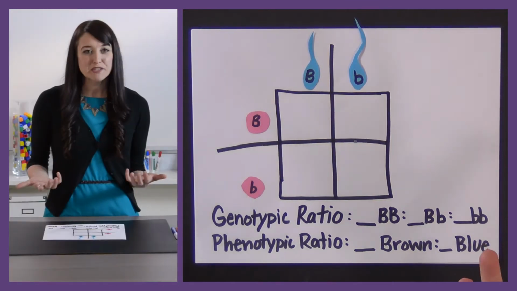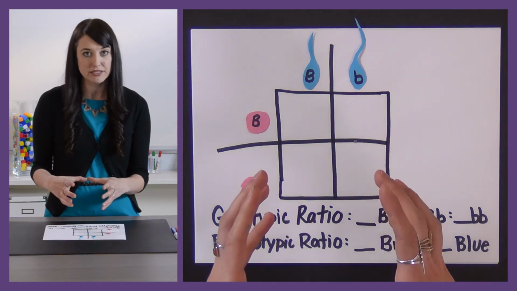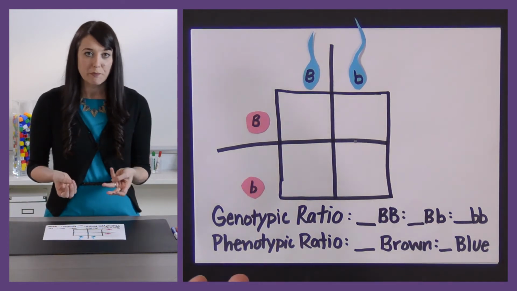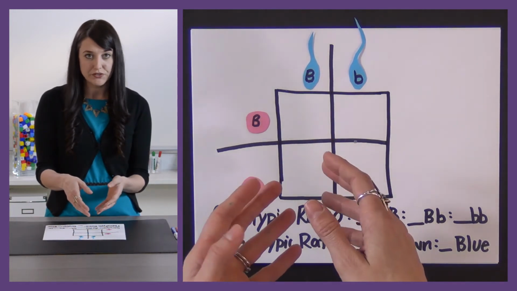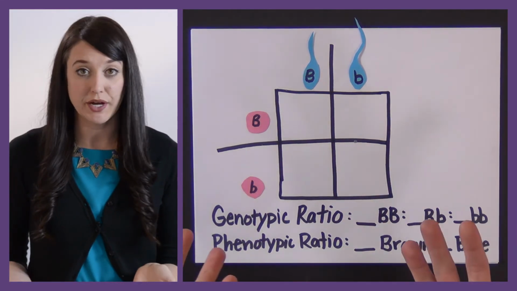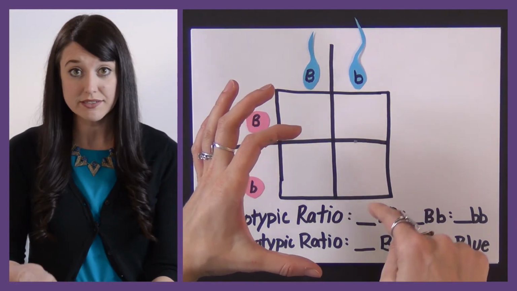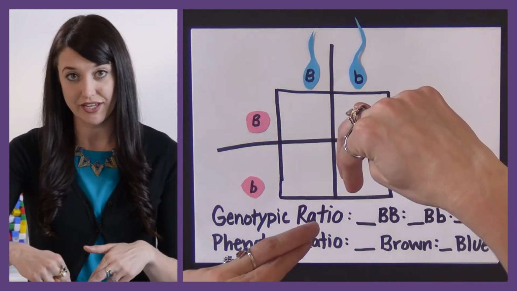The possible offspring genotypes are located on the inside of the boxes. This is going to represent all of the possible combinations for the genotypes of those offspring. Think of the Punnett square as a crib, with the babies being inside of the crib, inside of the boxes, with the parents outside looking in.